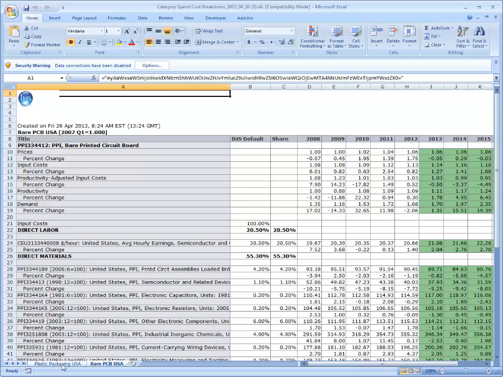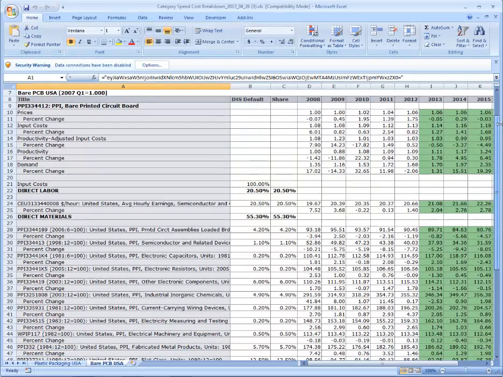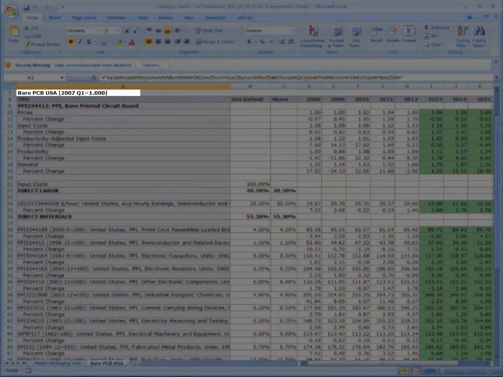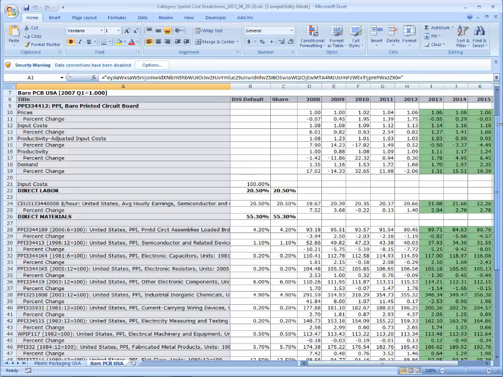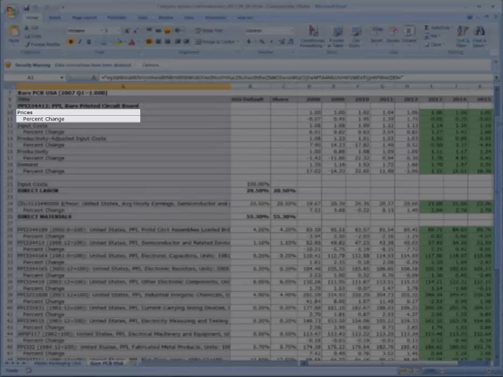In Excel, we can take a deeper look at the data and start to understand what is happening in the two industries that we selected. Each of the concepts have been rebased to a common period for ease of comparison. The first concept, prices, is very straightforward. It is just a rebased version of the price forecast that exists within the rest of the pricing and purchasing